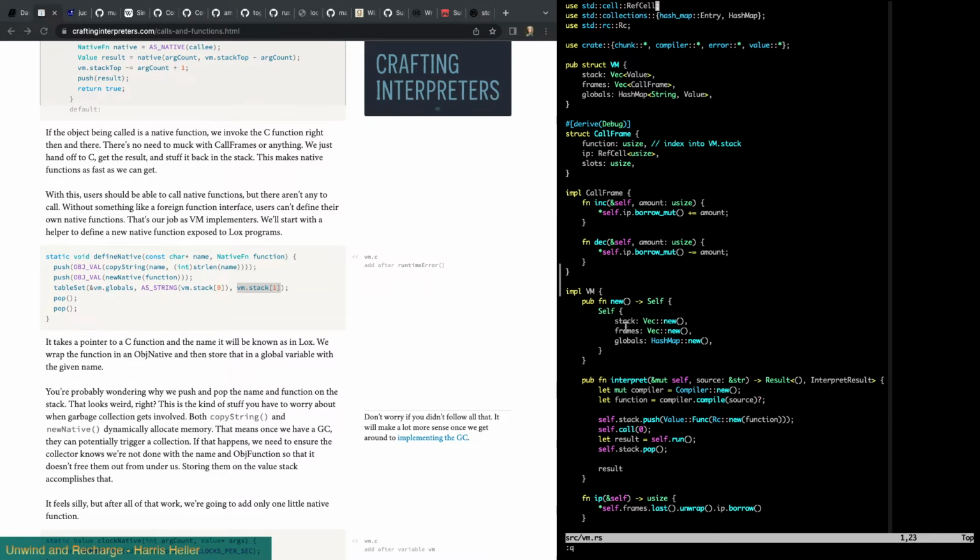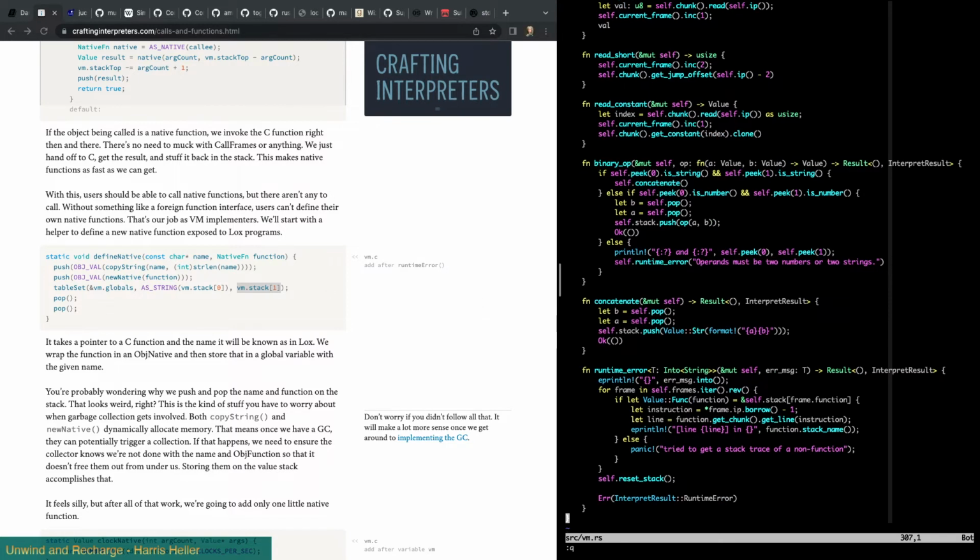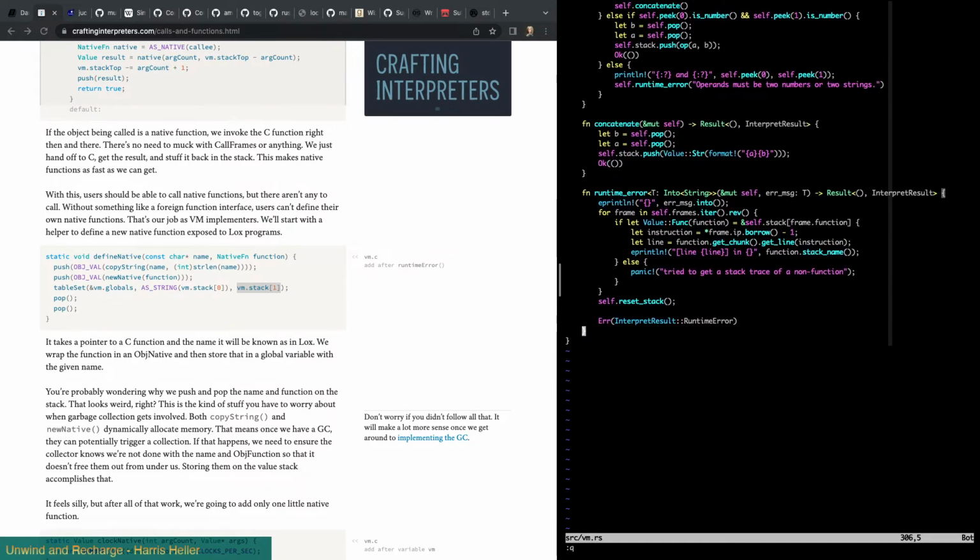Okay, well, it's saying added after runtime error. Let's see, runtime error is all the way at the bottom here. Let's write it. Define native. And I'm going to do this trick here, into string. It's going to take a name of T, and it's going to take a function, which is going to be an Rc of dyn native func.